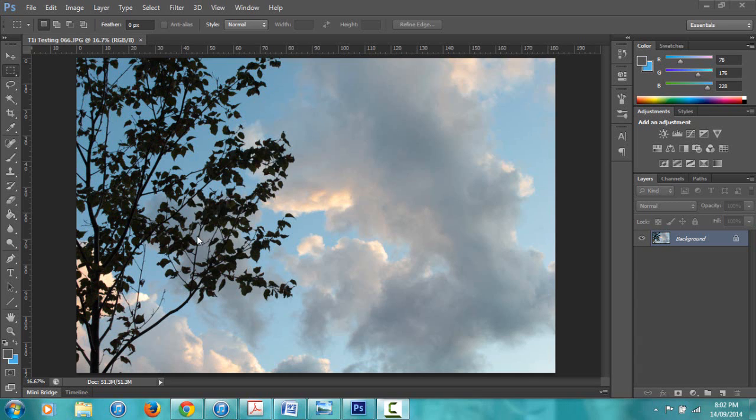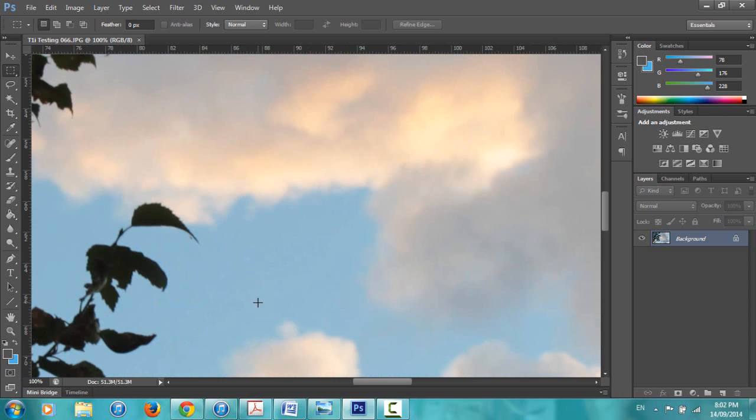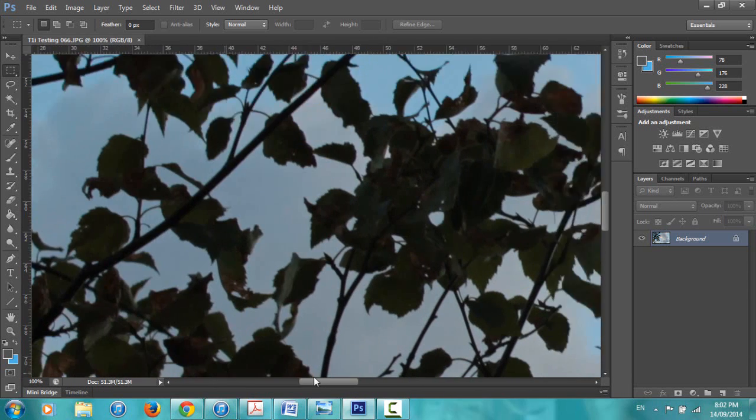Okay, so in this tutorial I'm just going to quickly show you how to resize your image. Right now it's on my screen, and down here we can tell how much it's zoomed in. Right now I'm at 16.67%. If I were to bump that up to 100 by just typing that in there, we can see how big and how detailed this picture is when we zoom all the way in.